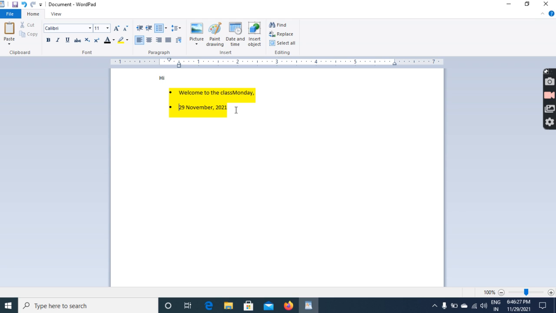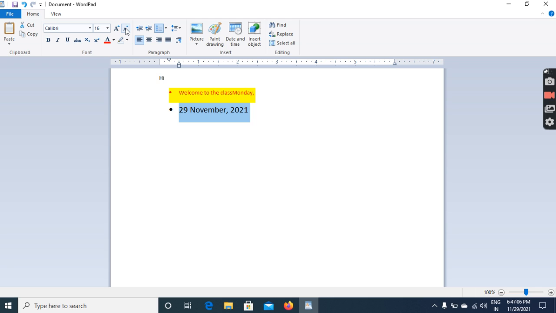You can beautify the text using different colors, text and size. Now I can change the color of this text, like if I want to go for red, it becomes red. I don't want the highlighter, so I can remove the highlighter. This way different things can be done. You can change the size of the text. Here it is, the capital A will make it larger, the smaller one makes it go small.